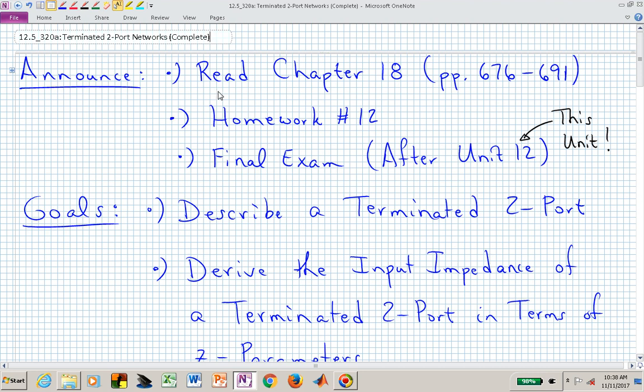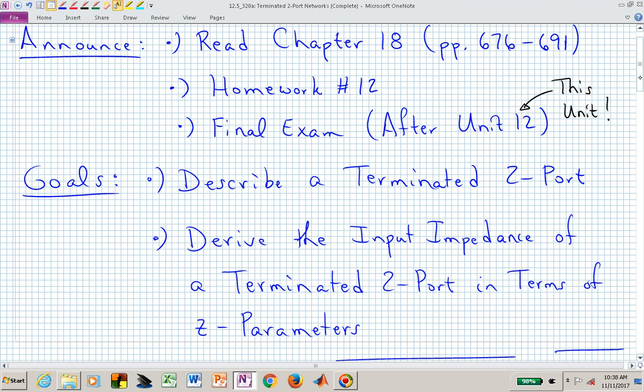Welcome back to ECE 320A. We're in Unit 12, which is our two-port network unit. Homework number 12 needs to be finished at the end of this unit, and you're getting your material textbook-wise from Chapter 18. What I want to do now is illustrate how we can use